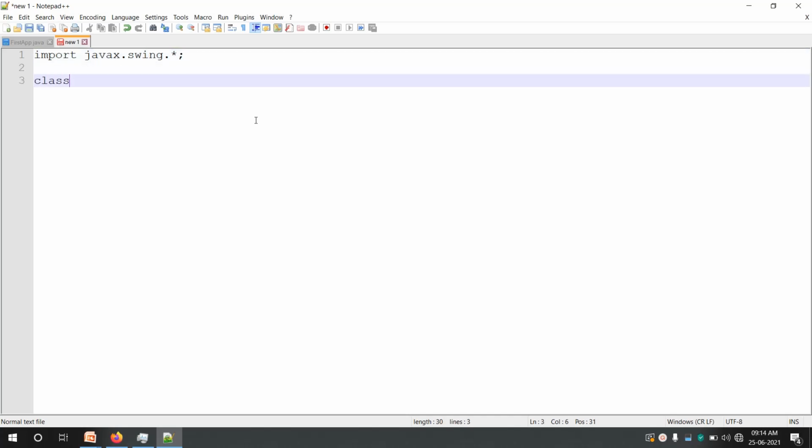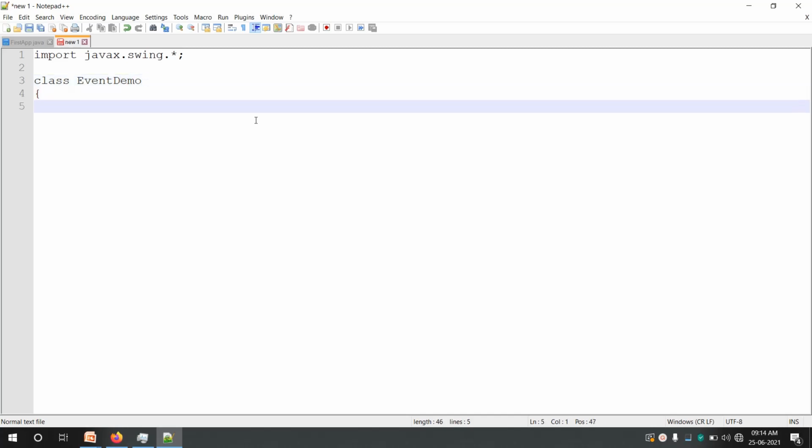Then we should declare a class. I'll say EventDemo. There should be no space in the class name. Then we should declare a constructor. I said the GUI should be created from the constructor.